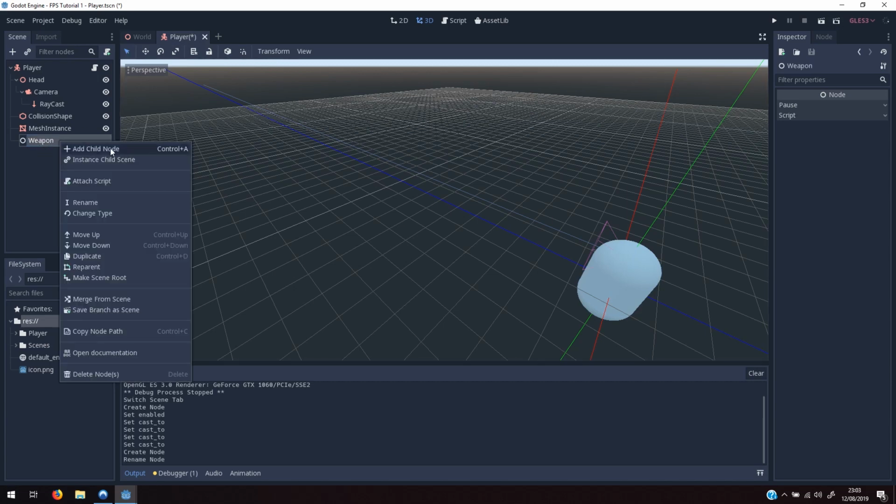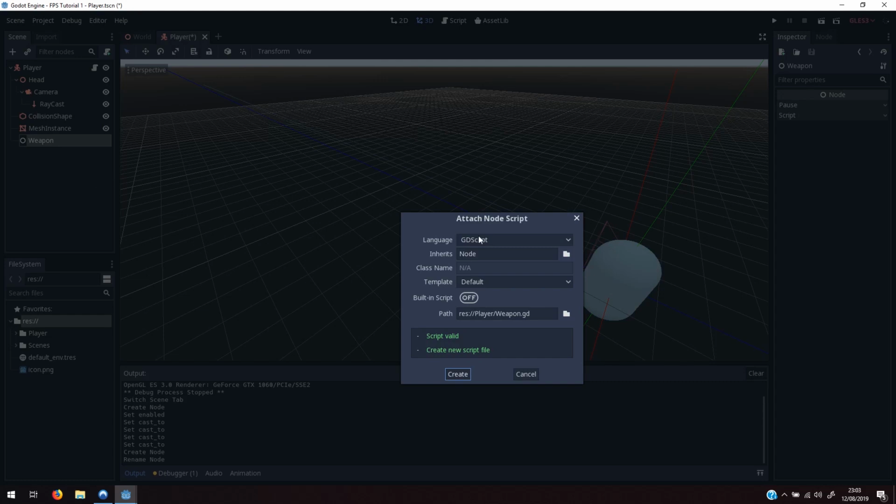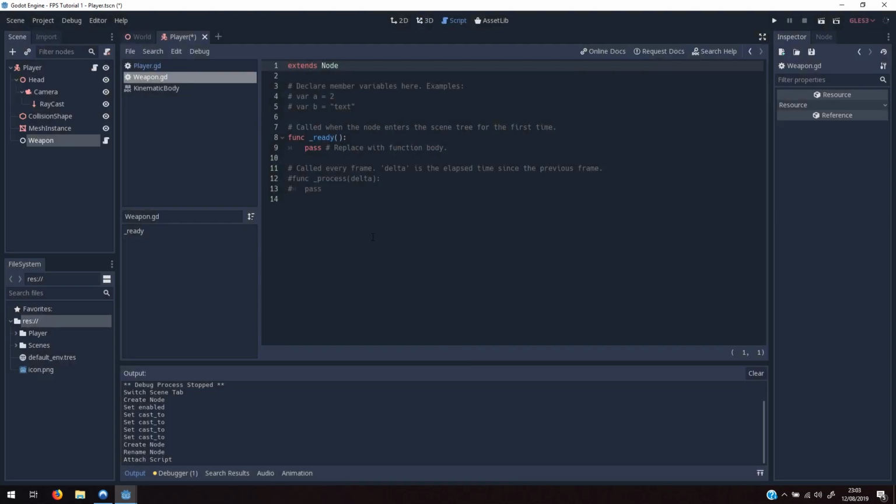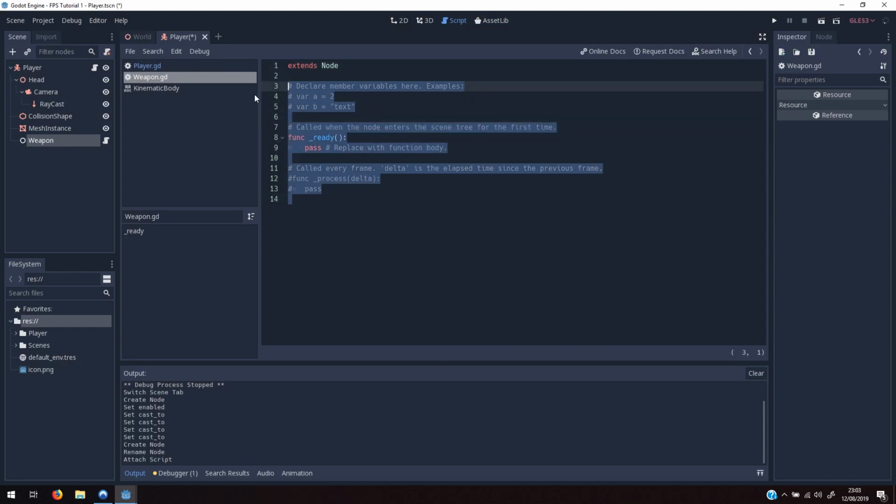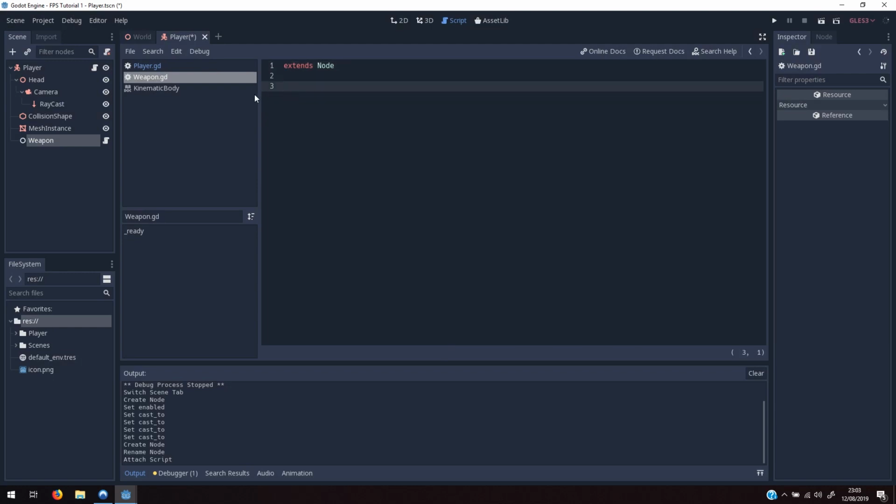Now we're going to right click on this weapon, attach a script, leave everything as default. We're going to create this weapon.gd script, press create. What I'm going to do is delete all of this. And now we're going to set up some variables for the different kinds of parameters that our weapon can actually